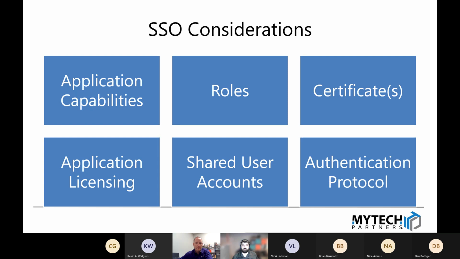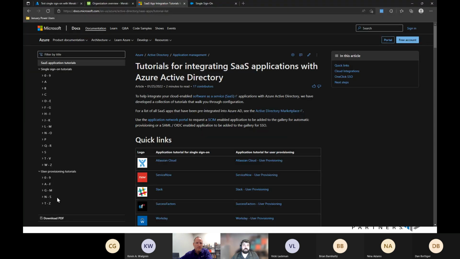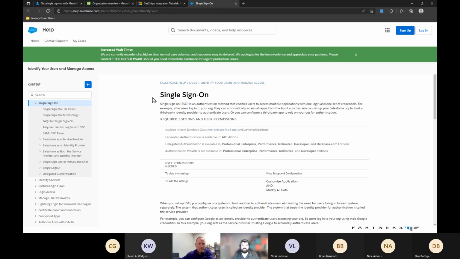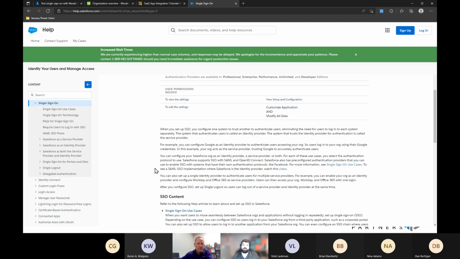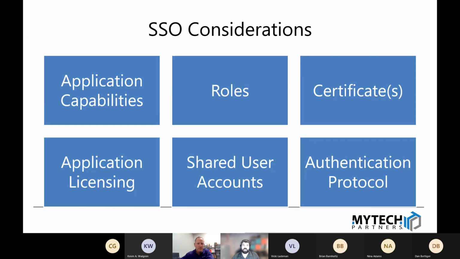Some of those applications, you go to their sites, you look up what they have, and they will tell you. I am going to click over to this. So here, this is Salesforce as an example, right? Salesforce has a whole section that is open to the public on what they have for single sign-on. What features do they have? What can be done with single sign-on? So when you're trying to consider single sign-on, going to that vendor's site and reviewing the documentation that they have to see what those feature sets are is super critical,